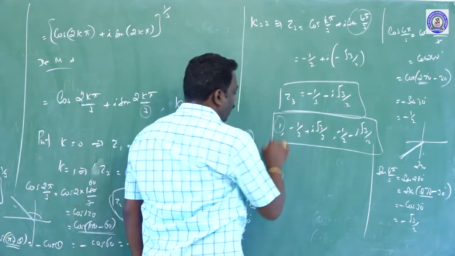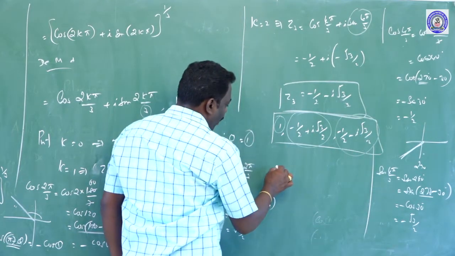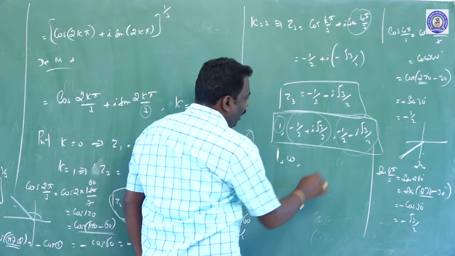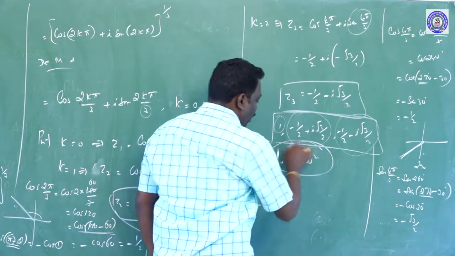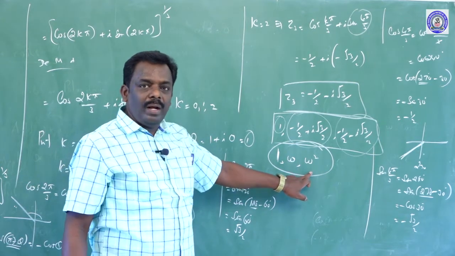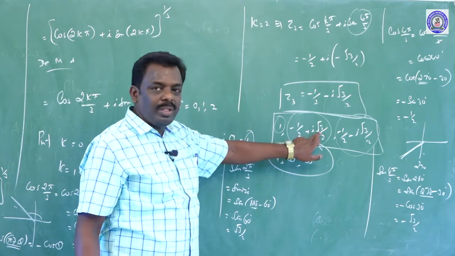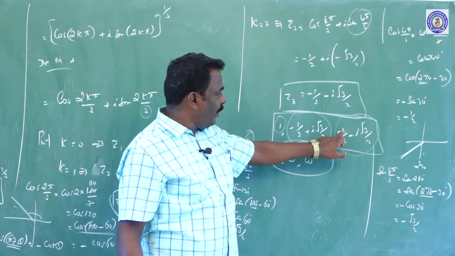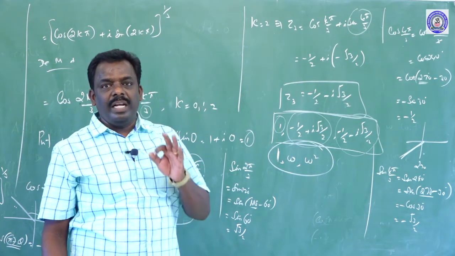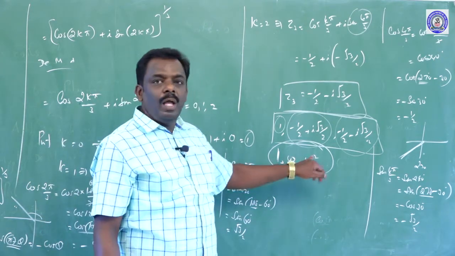The first root is 1, the second root is defined by omega and the third root is defined by omega square. The cube roots of unity are defined by 1, omega, omega square. 1 is 1, omega equal to minus 1 by 2 plus i into root 3 by 2, omega square equal to minus 1 by 2 minus i into root 3 by 2. We have three different roots of the cube root of unity, that is 1, omega, omega square.